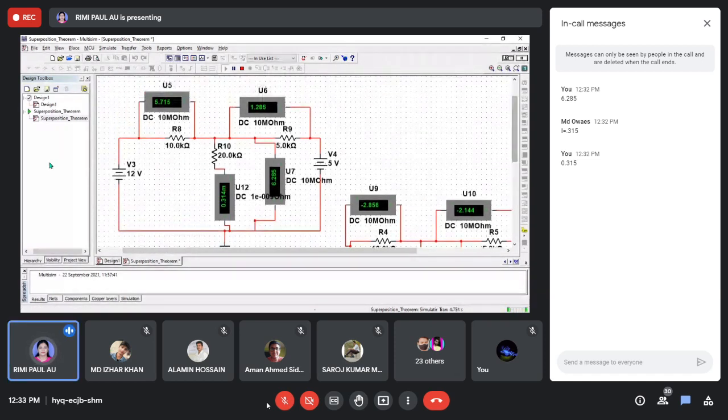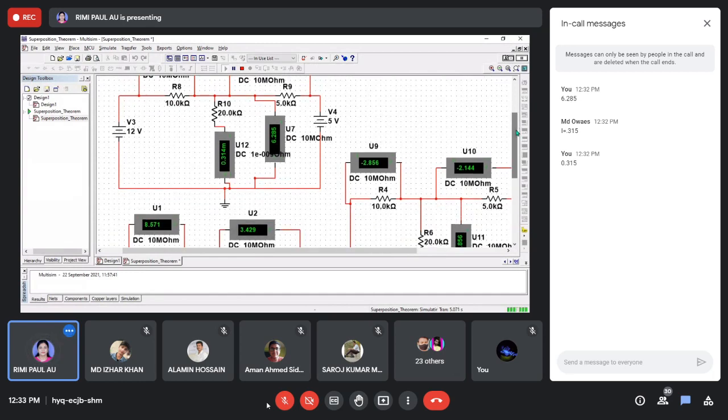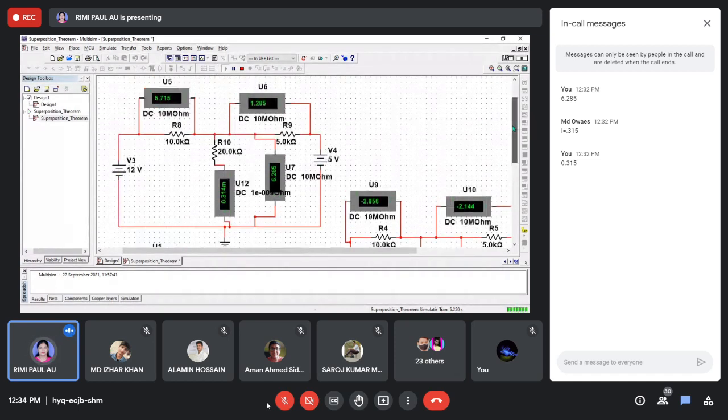Now you can also see that as I have applied superposition theorem for this branch, you can also apply superposition theorem to this branch, because you can see that this is 5.715 and what we have got here is minus 2.856 and here 8.571. So 8.571 minus 2.856, if I do it, I'll get 5.715 volt.